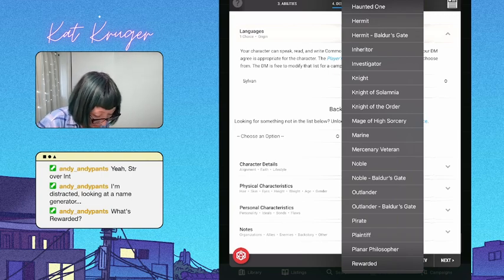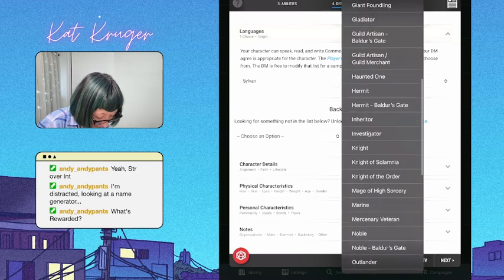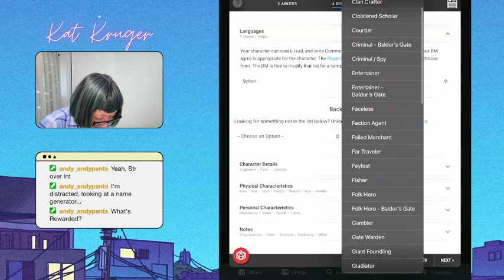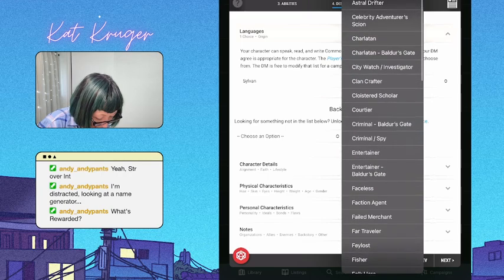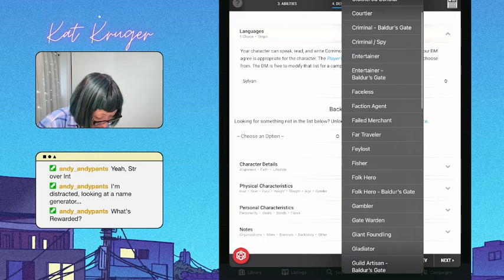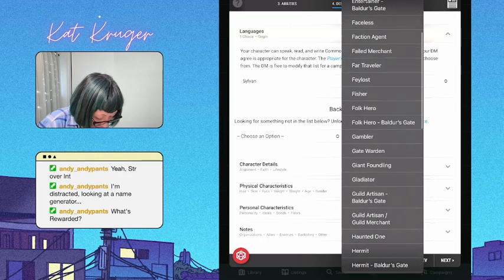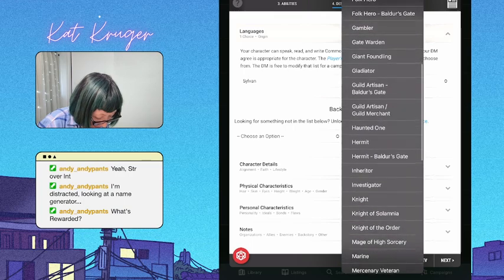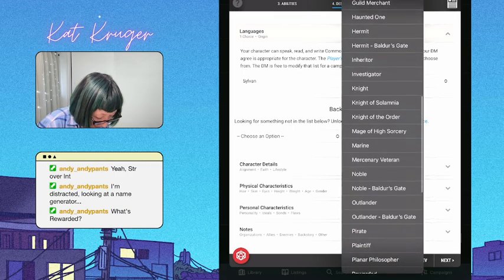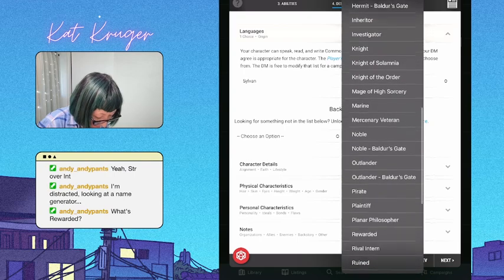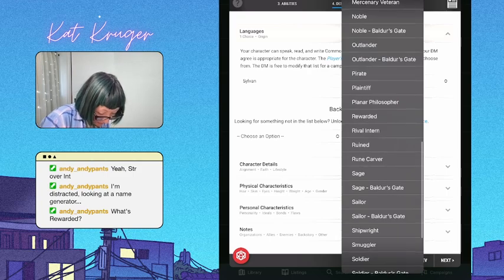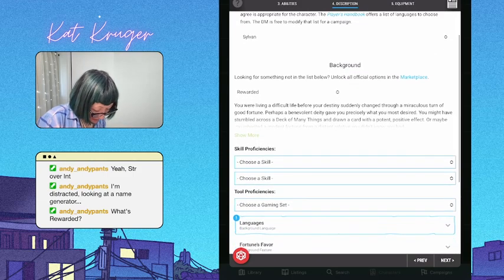Rewarded is a new one from the deck of many things, and I actually just rolled up a character with rewarded. It's kind of cool, and might just look at that one again because I think that's one of the few here that really makes sense, unless we play hermit. So I'm gonna pull this up so that you can see